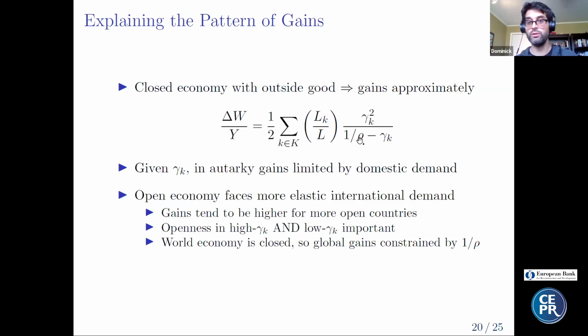As we take rho, the elasticity of substitution across sectors, to be larger and larger, the gains can get arbitrarily large, but it goes the other way too. As we make it smaller and smaller, the gains are really limited by how much of each good you actually want to absorb. In a closed economy, you can't make some sectors super small and others really large to reap the gains because you want to consume a bit of everything.